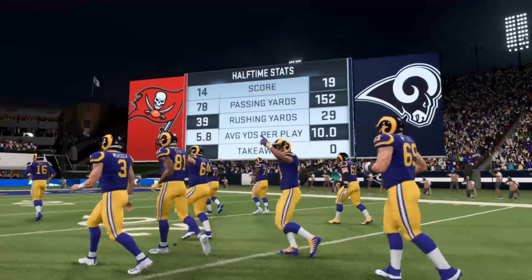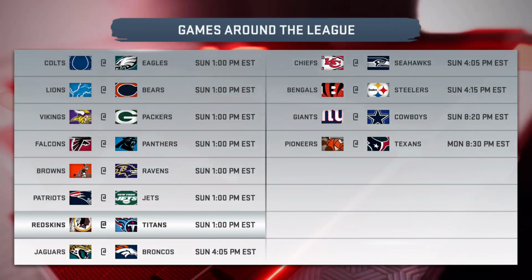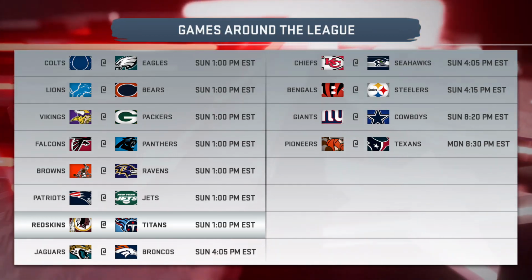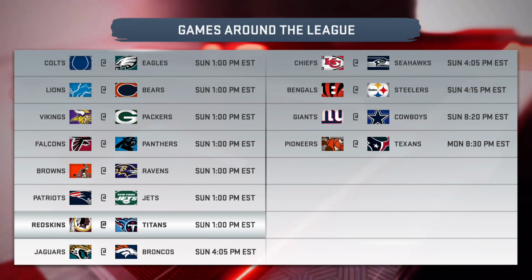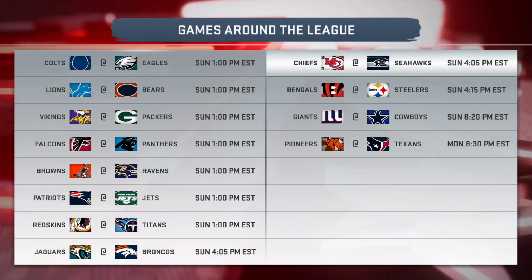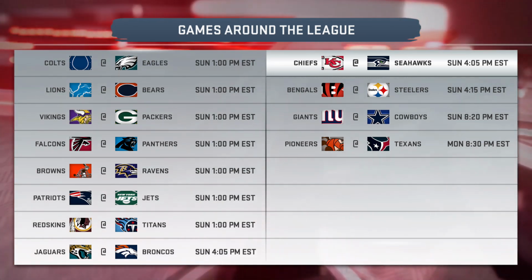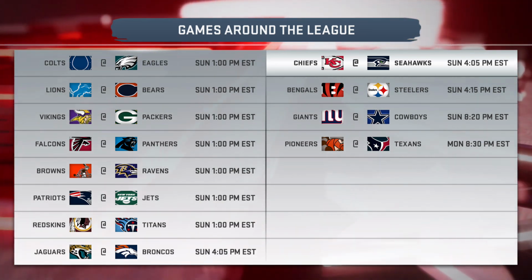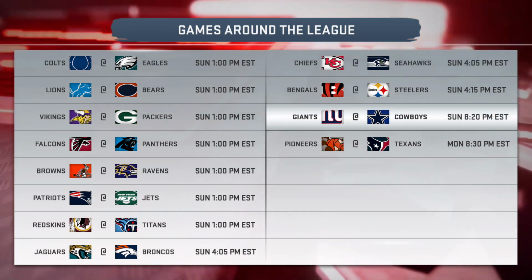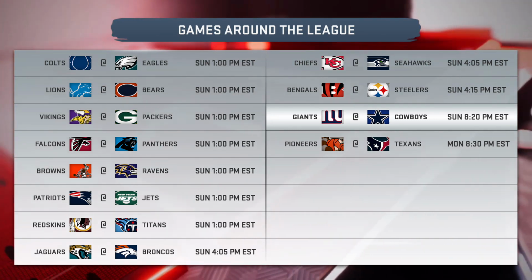But first, let's take a look at what's coming up this weekend around the NFL. As far as the early games go in that 1 o'clock window, we'll be focused on that game in Nashville. A big one for the Titans as they'll host the Washington Redskins. Lots to look forward to in the late games as well. One of the best being up in Seattle, where we find the Seahawks taking on the Kansas City Chiefs. And then finally, the national game on Sunday night is a good one between the New York Giants and the